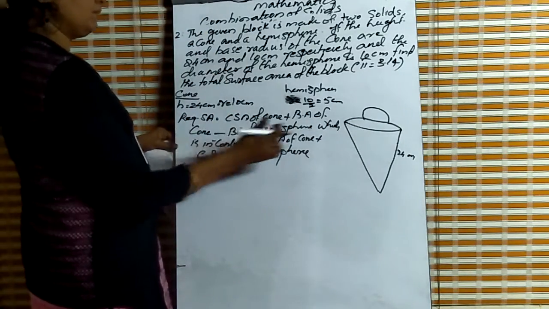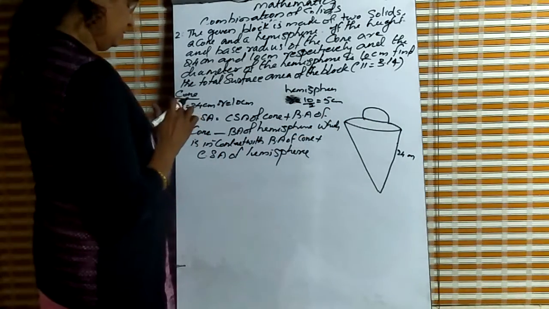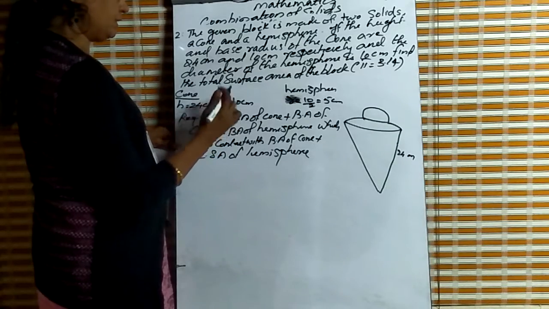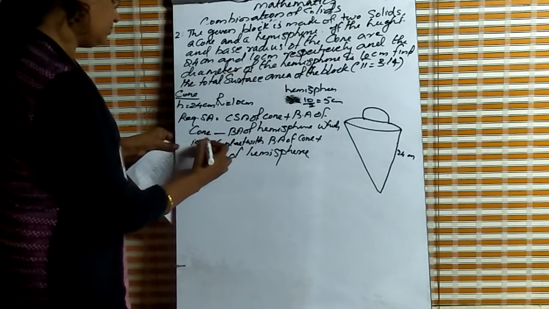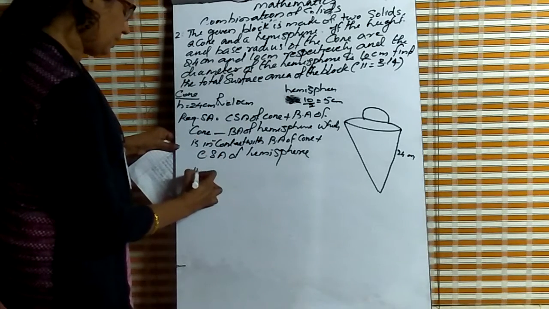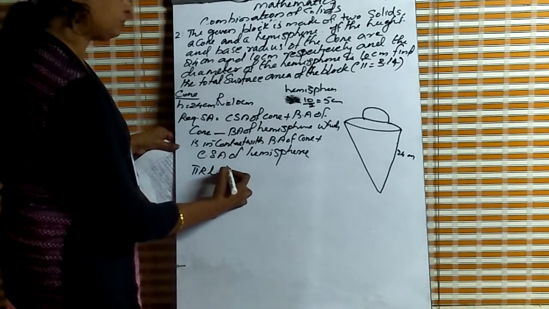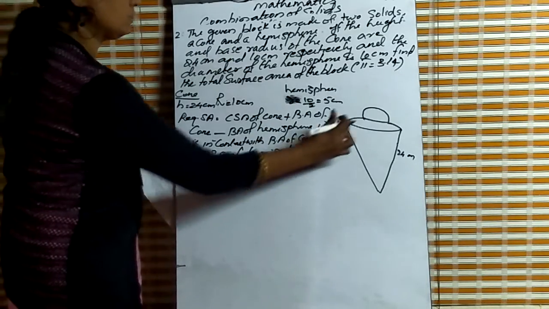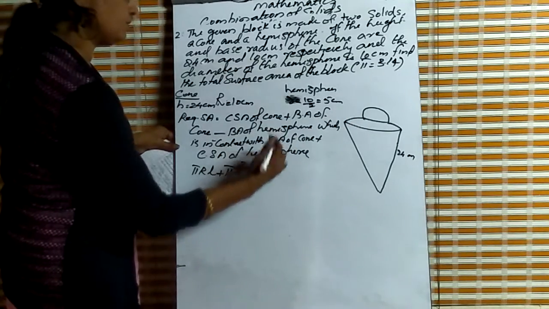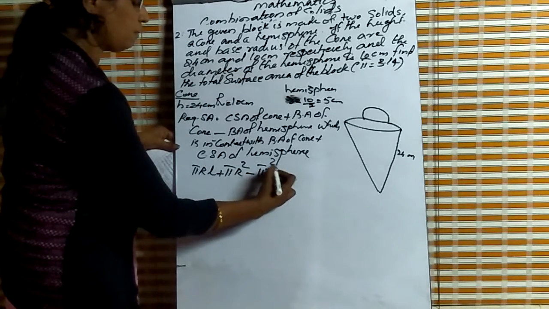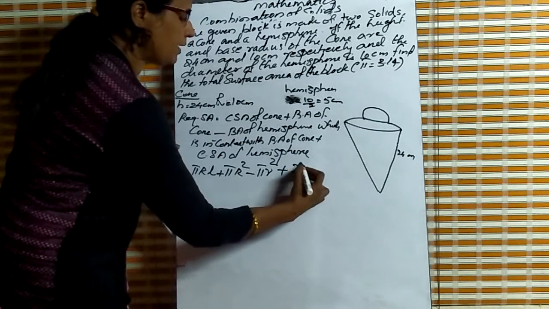Here we have two radii. For hemisphere the radius is small and the cone radius is large. So we take this as capital R and this as small r. Then listen, first CSA of cone pi R L plus base area of cone. Base is in the circle shape, so pi R square minus base area of hemisphere pi r square plus CSA of hemisphere 2 pi r